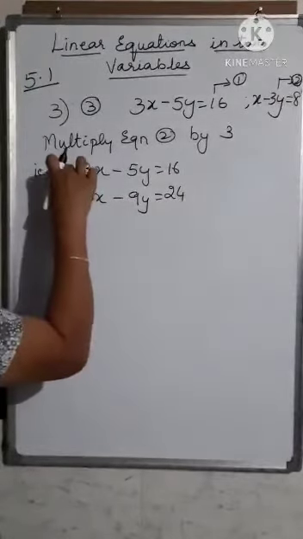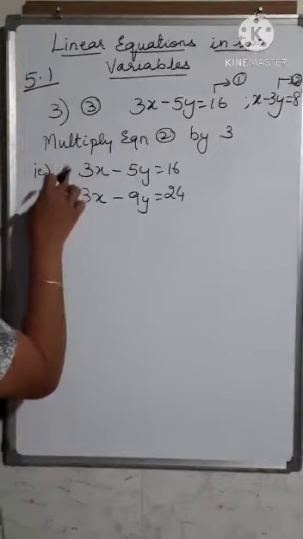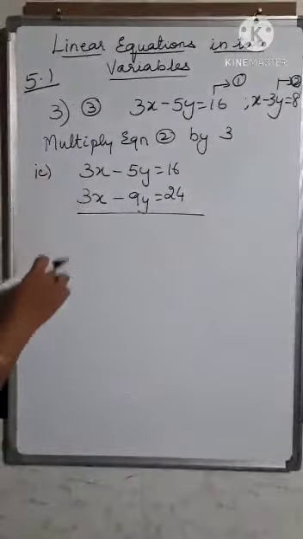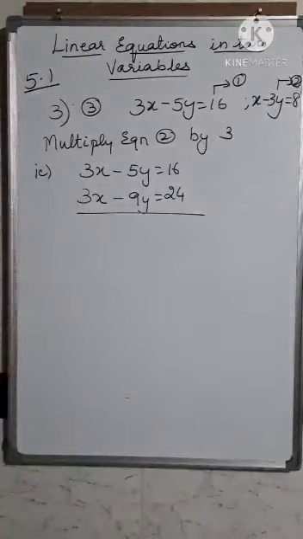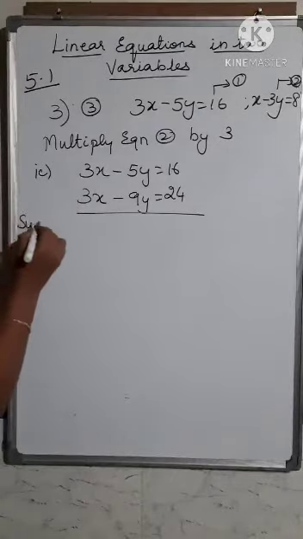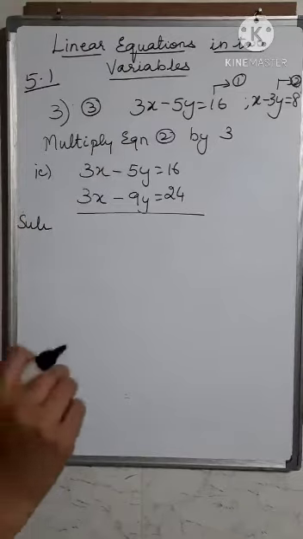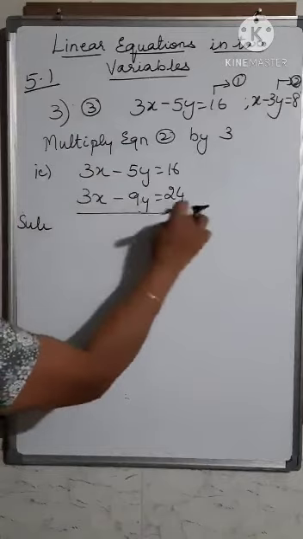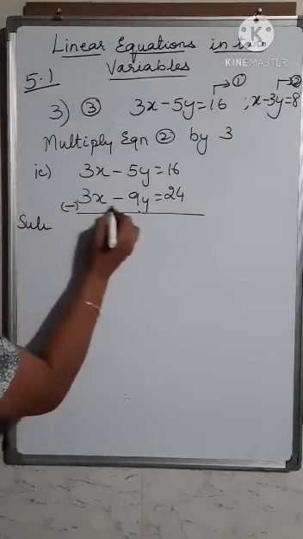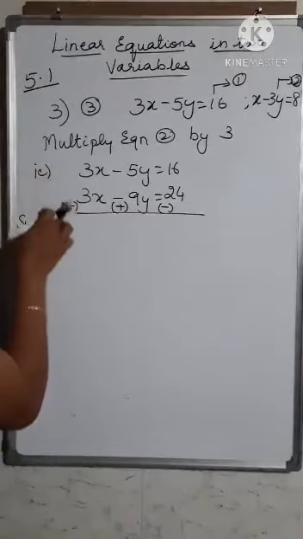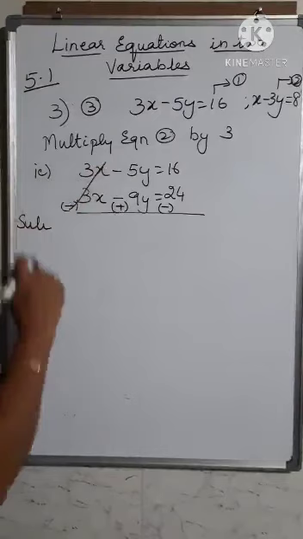So now I made the coefficient of x equal. After making the coefficients of x equal, you see both are with the same signs. If both are with the same signs, you cannot do the cancellation. In such a case, you have to do the subtraction. So you write down what operation you are going to carry out: subtraction of the two equations. When you are doing the subtraction, you need to change the sign of all these terms. So this becomes minus, this becomes plus, and this becomes minus. Now this is with plus sign and this is with minus sign, so that can be cancelled.